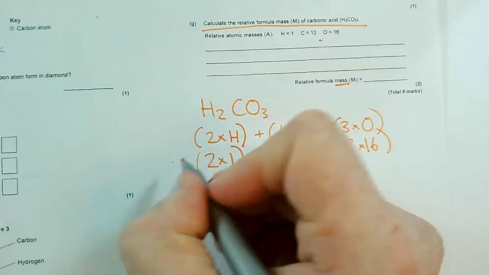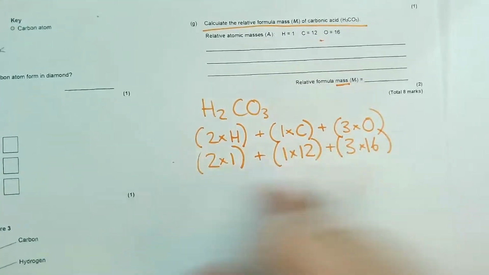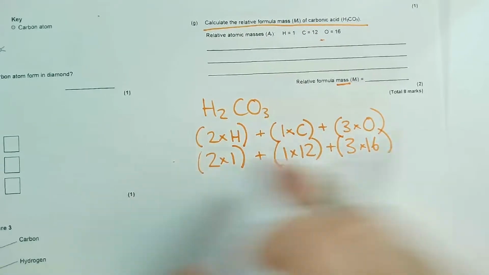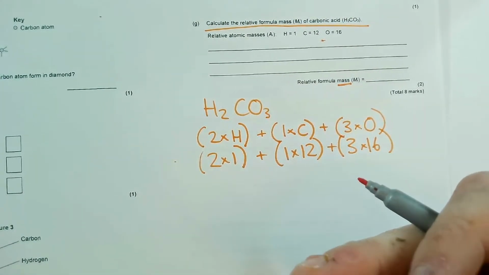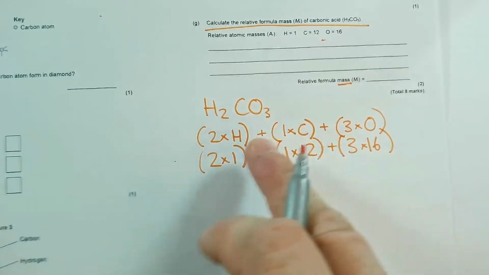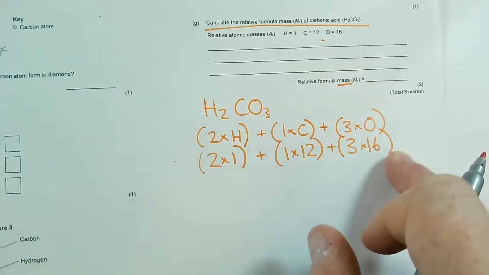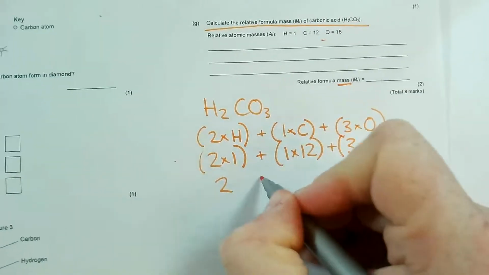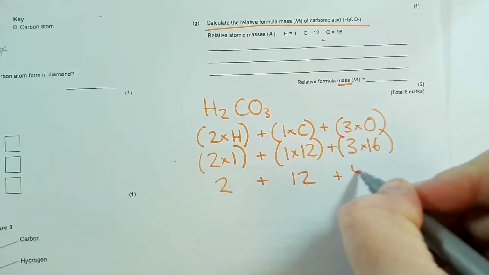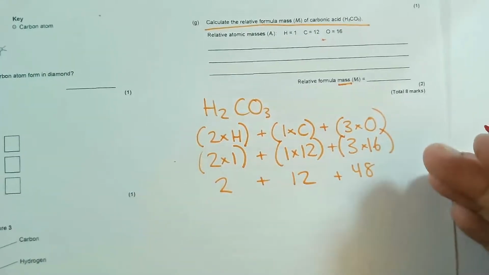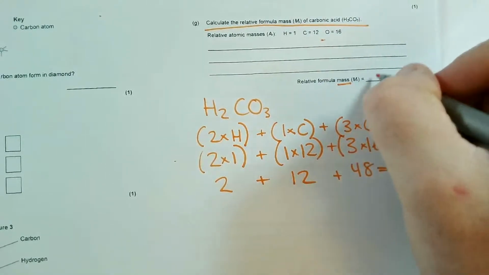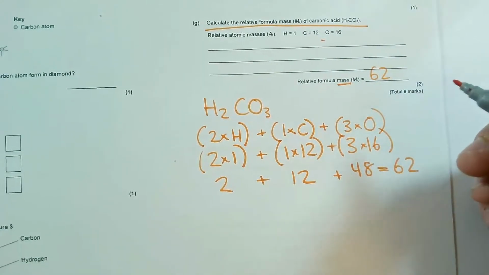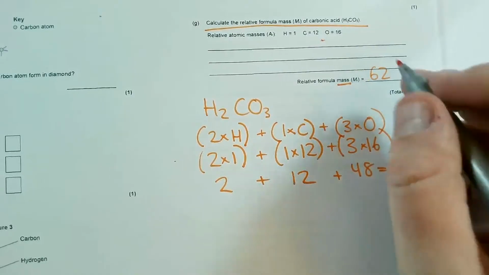Notice how I've written a lot, right? Proportionally. Some people really try and leap ahead. It's your actual GCSE. Why bother, right? Don't take those chances. Just say how many of each there are, put them in, do the first level of simple maths, and then add it up, and that's 62 grams per mole if you actually want a unit, but nobody really cares.